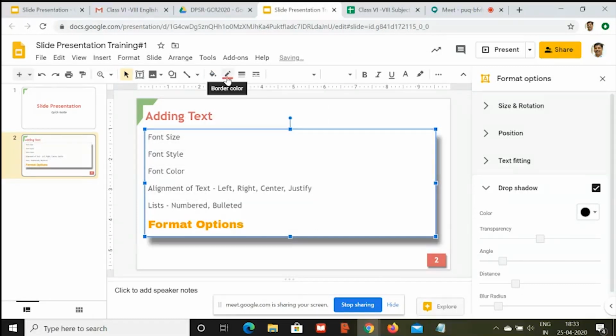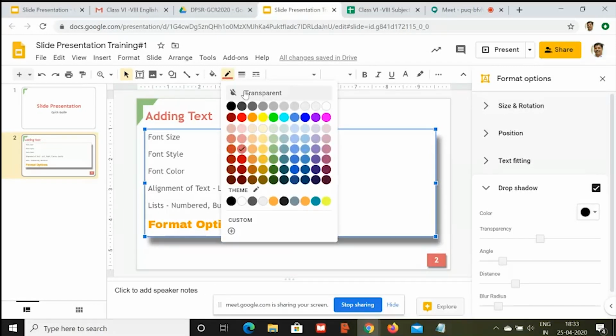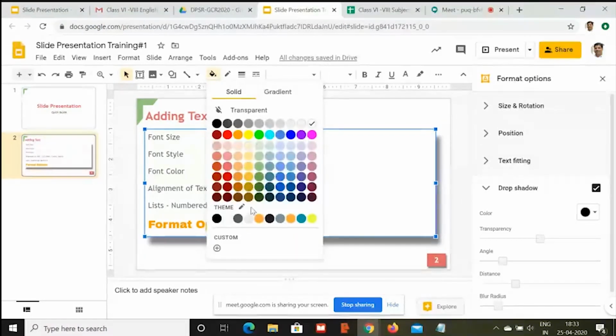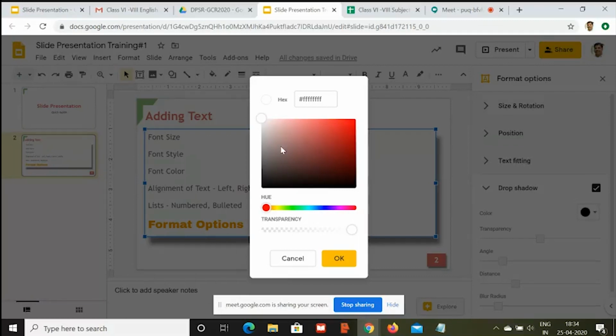Or if you don't want this to be highlighted with the help of boundary color, if I keep the transparency here and I want this particular box to be highlighted a little differently, I'll just show you that also. Suppose I choose a very light cream color over here. I'll go to custom and then pick a shade which is close to cream. So I select somewhere here and I move it a little to this side. I have to pick cream. Yes, now this is the cream color.